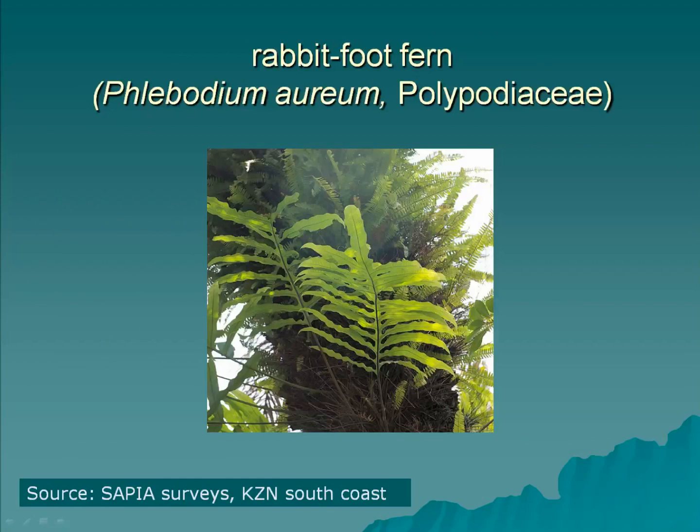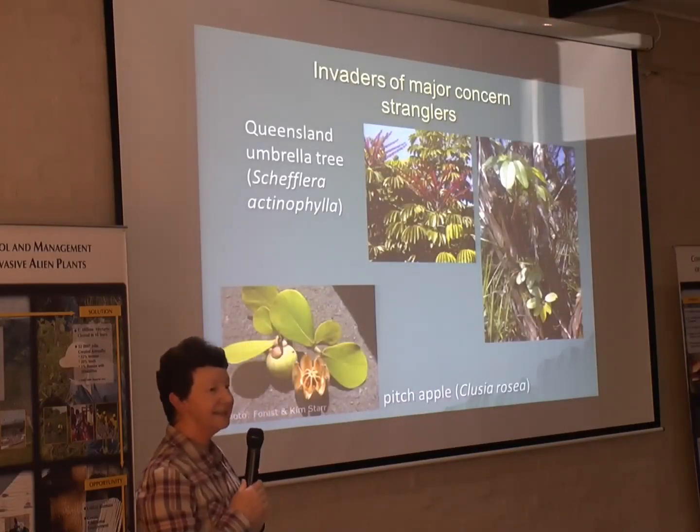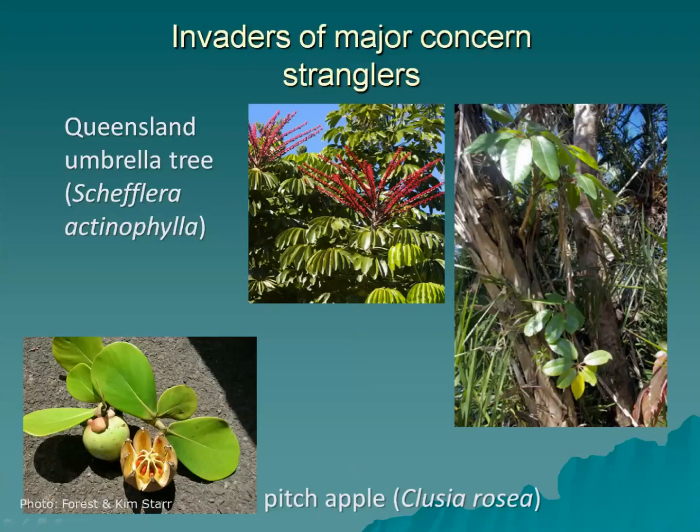And then we go across to something like even the ferns along the Natal coast. Here, the rabbitfoot fern, some popular ornamental fern growing on the tree trunk, on the trunk of a palm, together with the notorious sword fern. Now, invaders that I'm really concerned about,